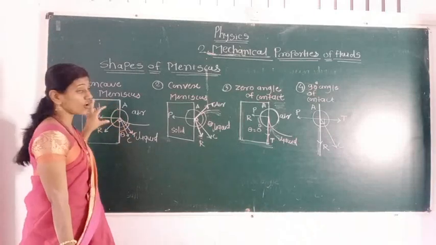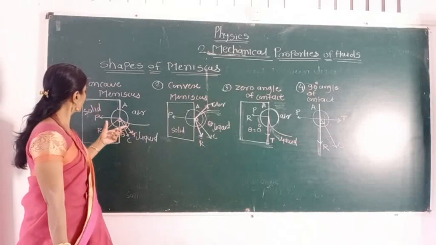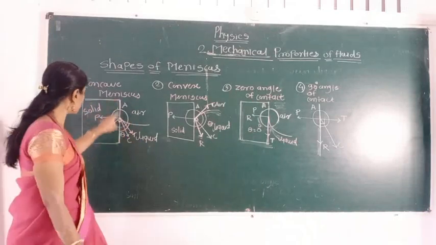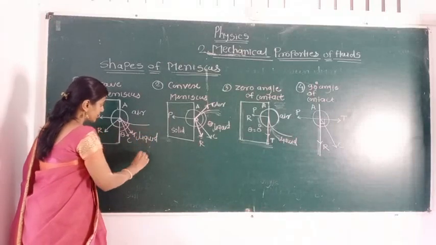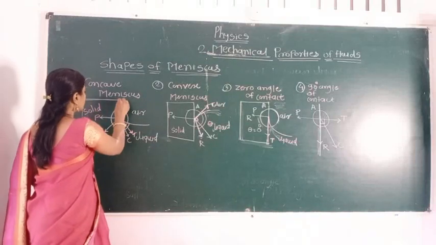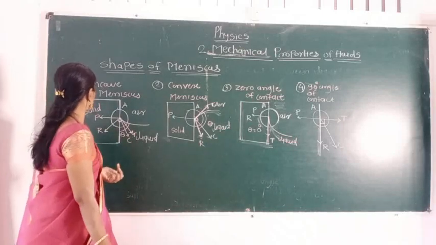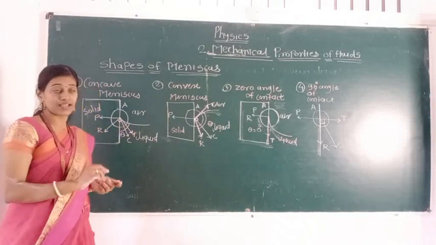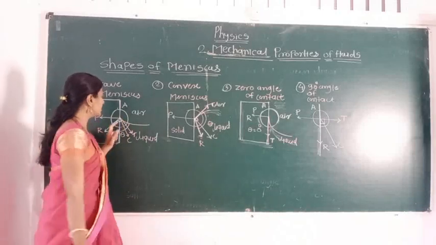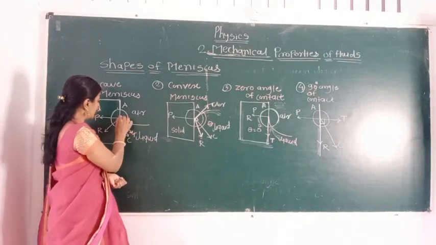Here is one molecule of the liquid surface. That molecule is considered as A, which is near the surface of that container, near the wall of that container. Here the liquid is present, above that liquid air is present, and here is the wall of that container. Now the acute angle of contact, otherwise the concave meniscus, is shown in that diagram. Liquid as kerosene, solid as glass is present there. Consider molecule A, the molecule of the liquid which is near that wall.